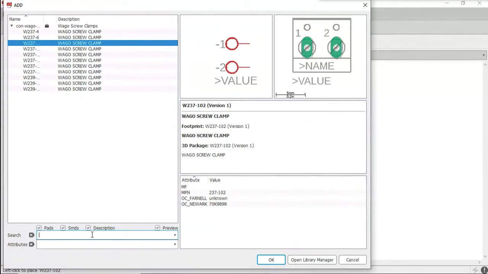I'll just repeat again. Type screws, click on enter, and select the option 3 and click on OK, and add that particular screw 3 times in your schematic file.